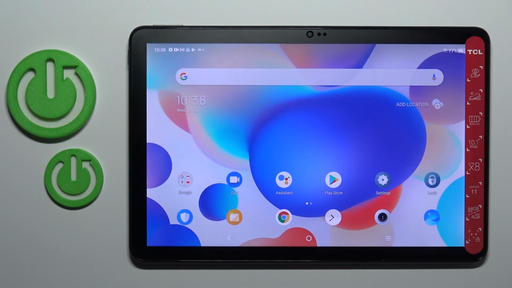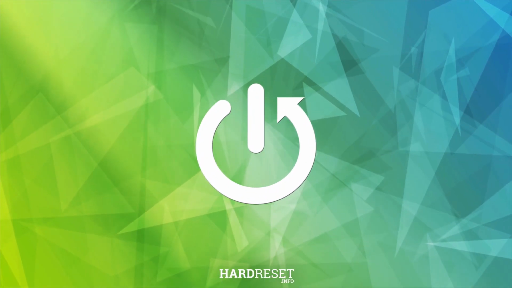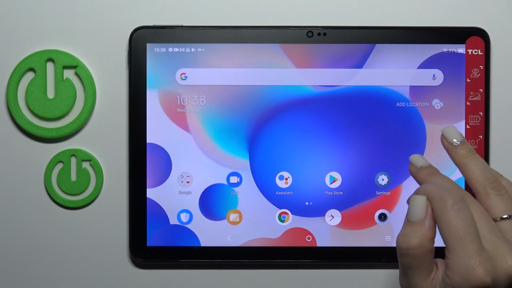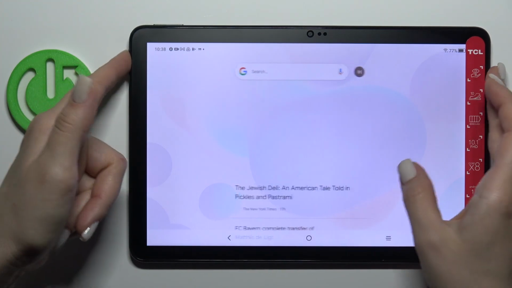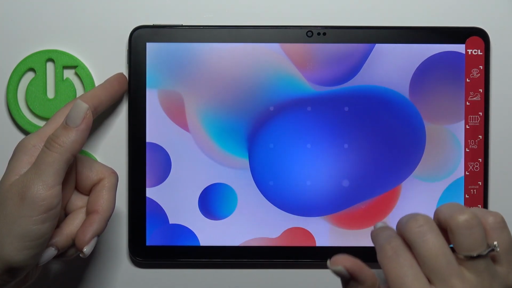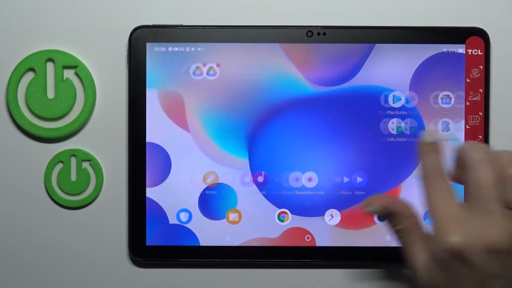Welcome, today in front of me TCL NxtPaper 10s, and I'll show you how to change lock screen wallpaper on this device. So let's first open just see the lock screen. We can see that we have the same wallpapers on the lock and home screen, and to change lock screen